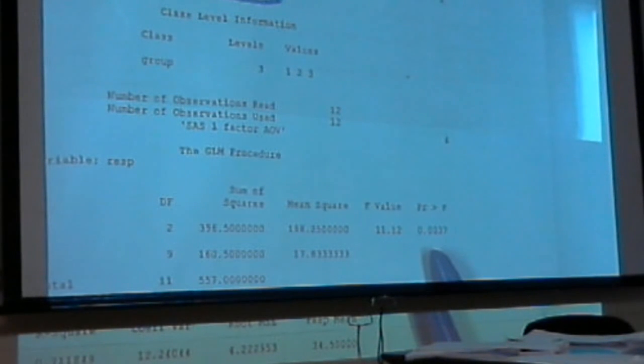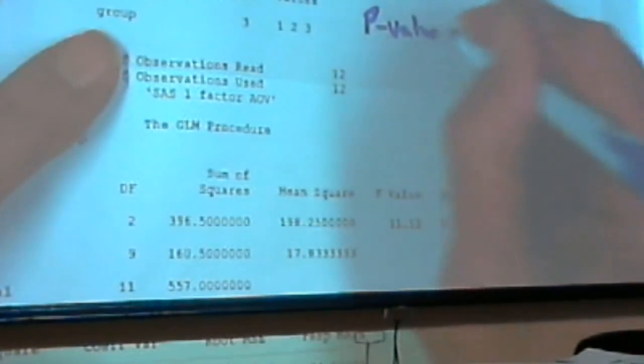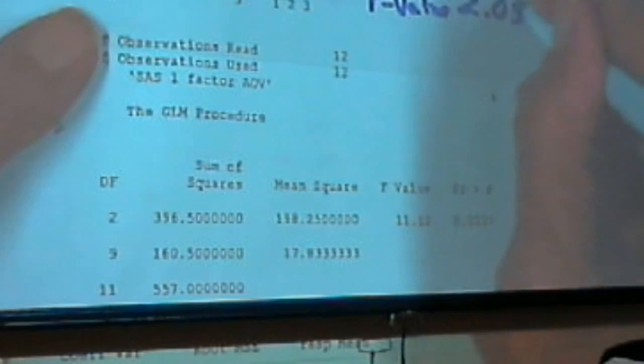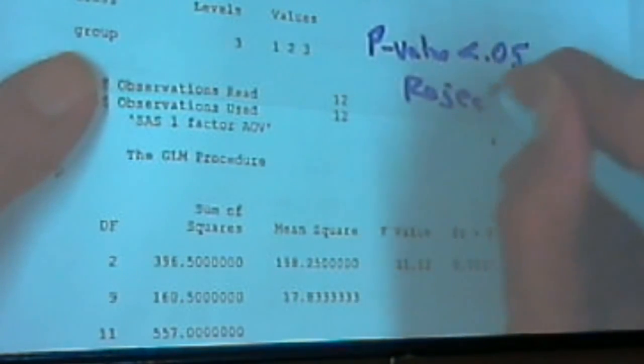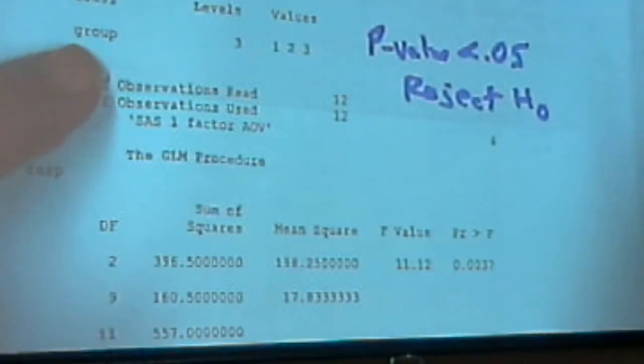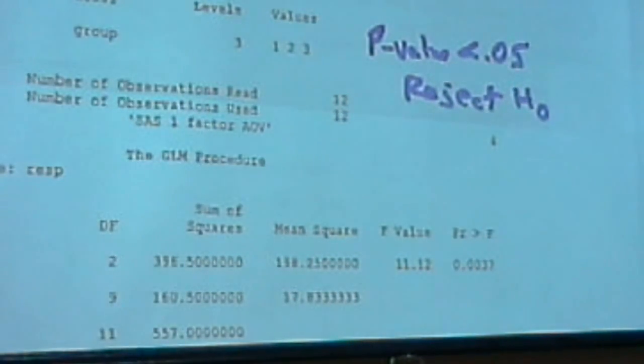for the F-test. I presume you all know what a p-value of a test is, so there it is, produced by SAS. The p-value being very small, less than our standard value of 0.05, so we should reject H naught. Now, SAS also produces underneath that sort of a shorter version of an ANOVA table with what it calls